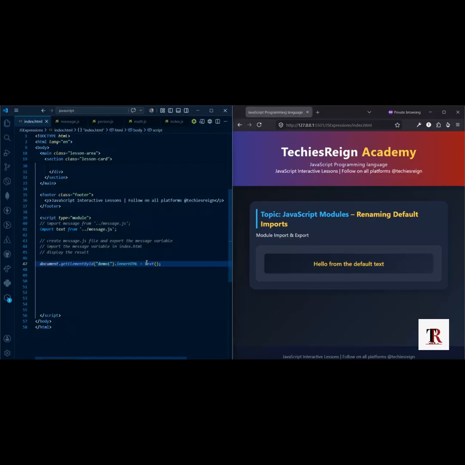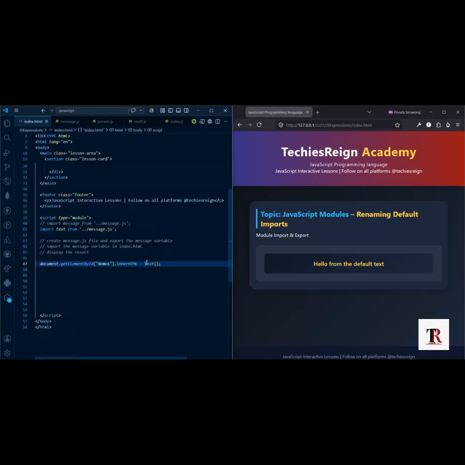Well, the reason why you should care is because even though JavaScript lets you name it anything, you should always use something clear and recognizable. For example, if your file exports a user login function, name your import loginUser, not banana. Team names keep code readable. So for your code to be cleaner, and your syntax to be more elegant, you use descriptive names that are clear and easily recognizable in case of time when you need to